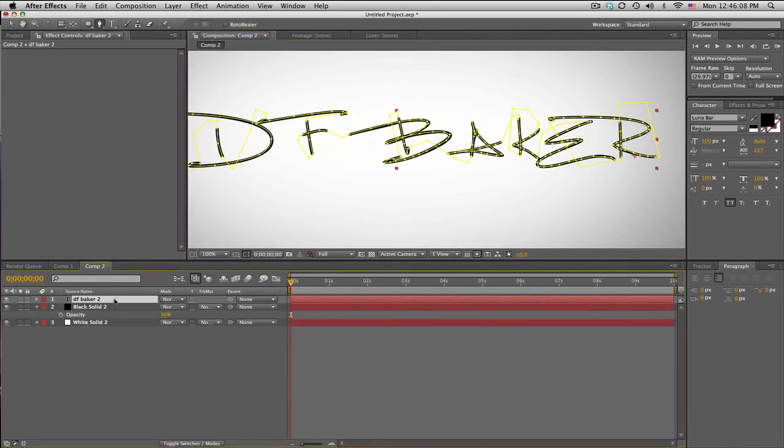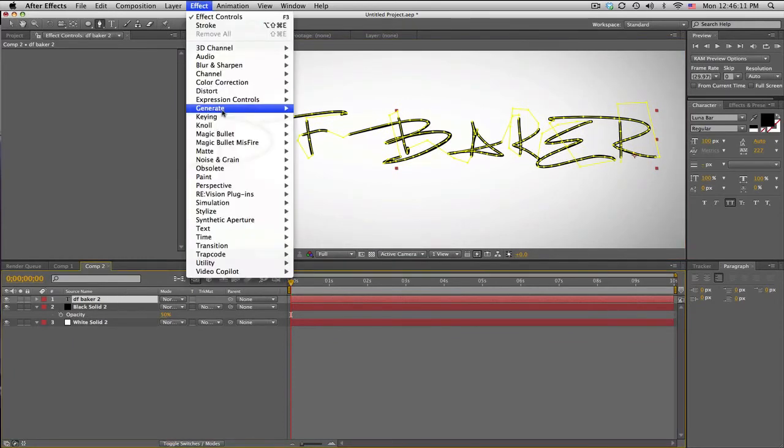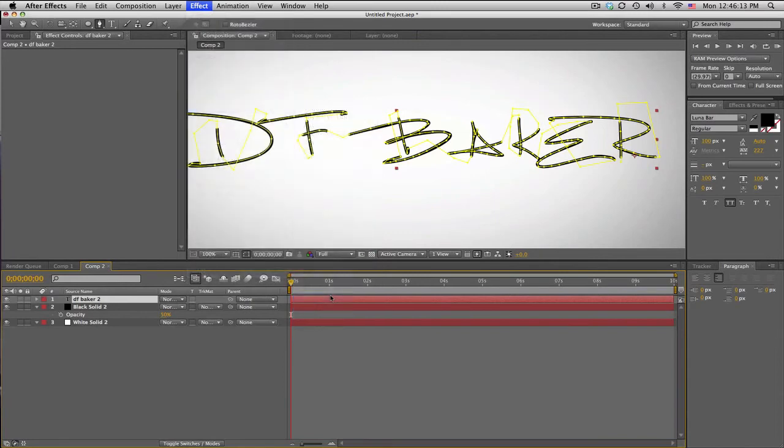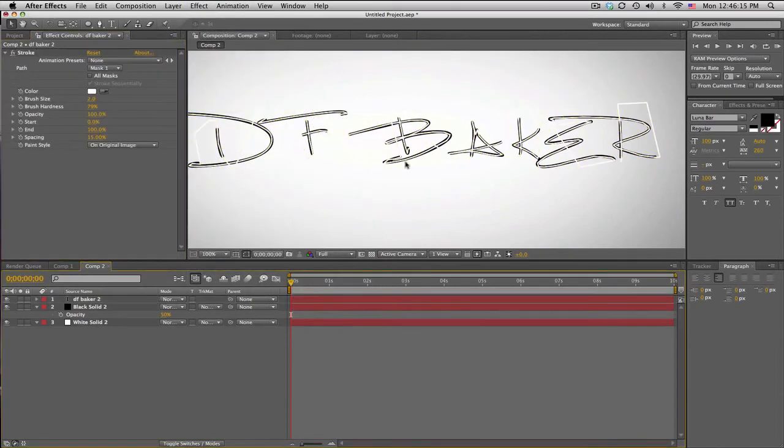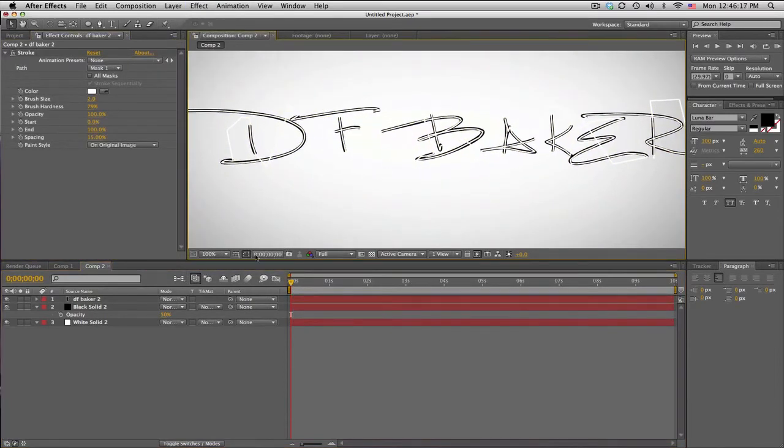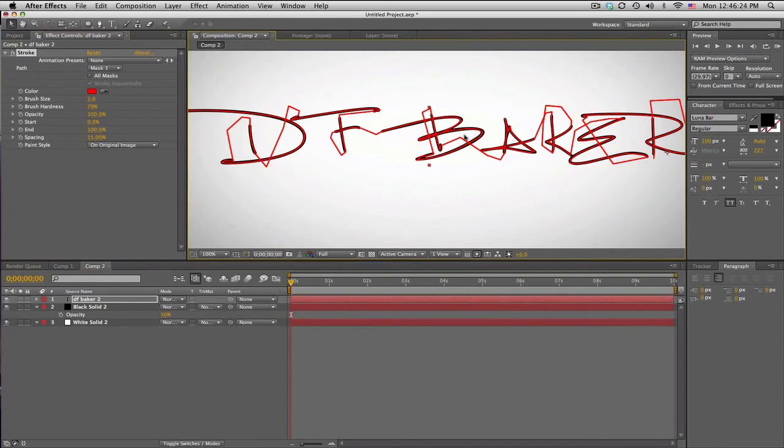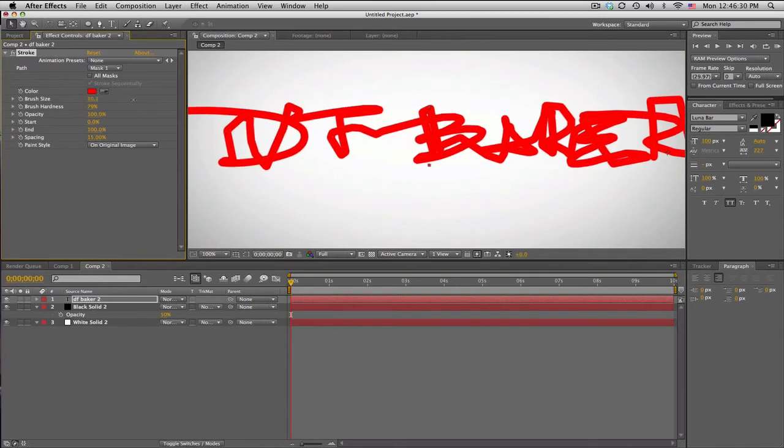What we're gonna do is click our name, go to Effect, Generate, Stroke. Then we get this cool line that follows the mask, and I'm going to change the color so you can see it. Hide the mask, and increase the brush size so it fills over all of your text, but not too big.